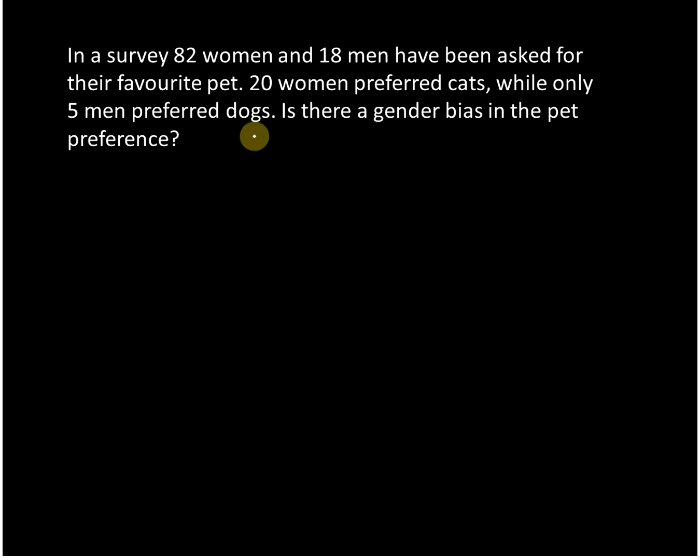So here is the problem. We surveyed 82 women and 18 men, and they were asked for their favorite pet. So we've got 100 people. 20 women preferred cats and only 5 men preferred dogs. And the question is, is there a gender bias in the pet preference? Or in other words, do women prefer cats while men prefer dogs? Or is there